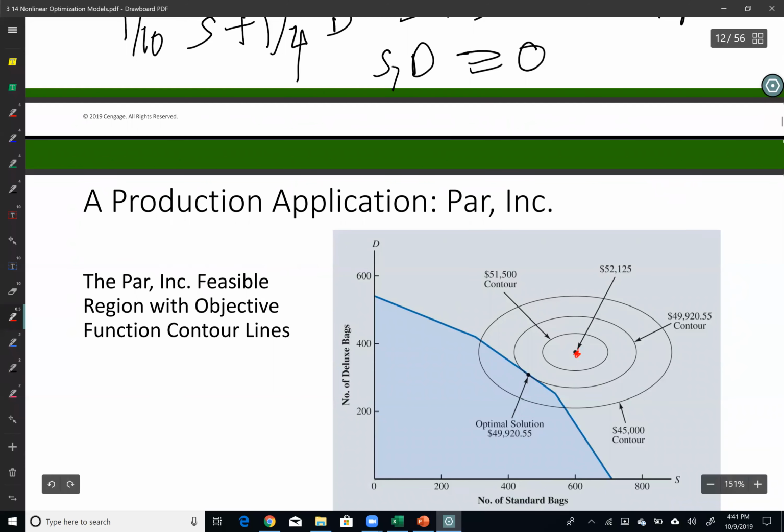And if you remember linear programming, our contour lines for the objective function were linear. But as you see here, these are not linear lines anymore. These are like ellipses. And you can see this is a mountain. This is the peak of the mountain, and you go down and down. So if you go to the next layer here, you will see that this will give me the exact same objective function. But still, if you look at this ellipse right here, there is no feasible point on that